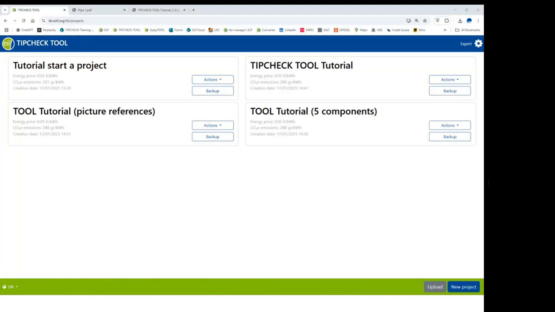Welcome to this TIPCHECK tool tutorial. In this video, I'll guide you through how to manage pictures with the TIPCHECK tool and upload them to your project. So let's go. For this, I prepared a tool tutorial picture references, and we just quickly go to the